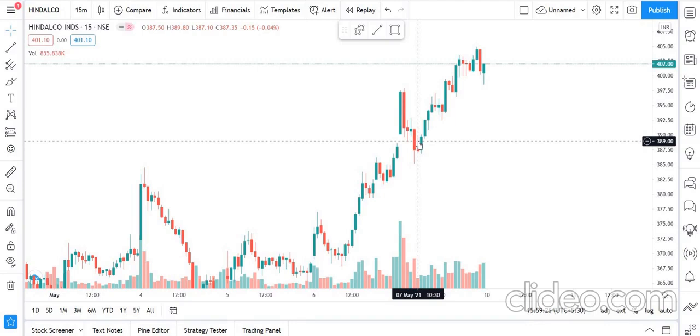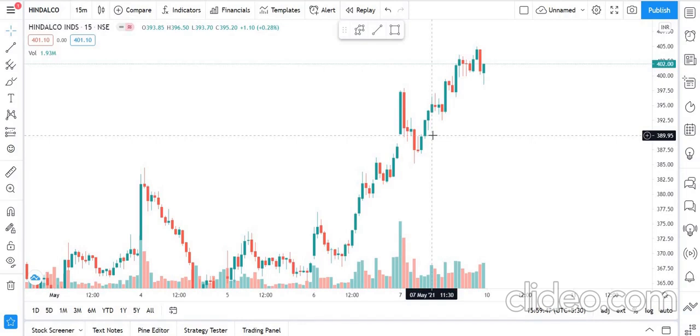Okay, and then after that we can say the stable market starts. As you can see, the volatility was good, momentum was good, then the market was stable. It was rising for quite some time, like in 1 hour, 4 candles in the uptrend. So for quite some hours the prices were rising. So here beginners can easily apply their strategy. They can trust the indicators and they can take the trades. And after 11:30, you can see a consolidation in the market till 12:15.